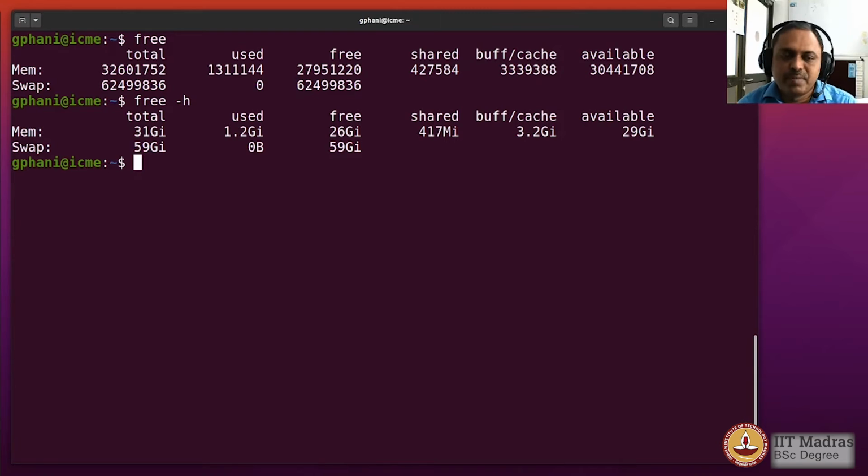And there's something called swap memory, which is basically used whenever the physical memory is exceeded by the number of programs that are running, and one can also look at whether that is being occupied, and you see that we are not occupying anything in the swap memory, which is a good thing, because if most of the usage is in the physical memory, then it will be fast, and if there is any requirement to use swap memory, then it will be drastically slow, because swap memory is actually stored on the disk, and the disk is much slower than the actual physical memory, also referred to as random access memory. Okay,